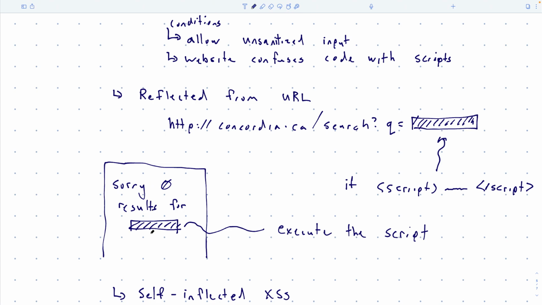And then when you render it in your browser, it's like blah, blah, 0 results for, and then it sees the script tag and it's like, okay, now I need to load that JavaScript, okay? So this is called reflected because it reflects in the URL. It involves me tricking you, so you have to go to a badly constructed URL, and it also requires websites to copy stuff from the URLs into the content of the website blindly, right? They don't know what they're doing, but anyway, so that's another example. Questions about any of these so far?